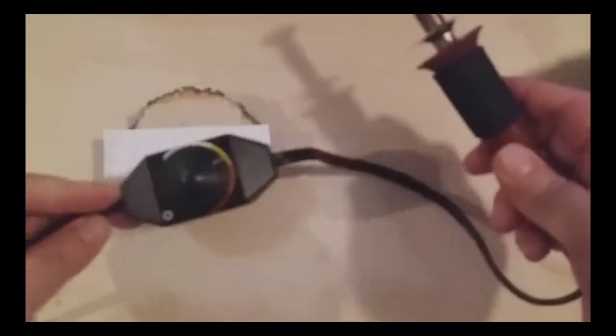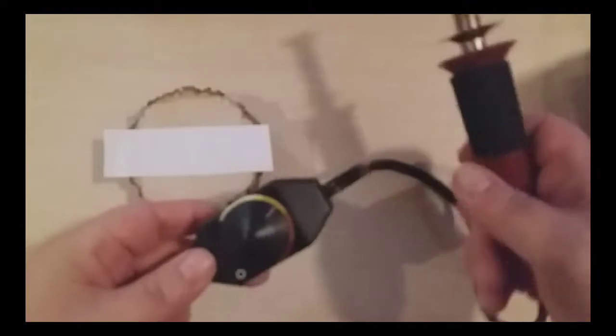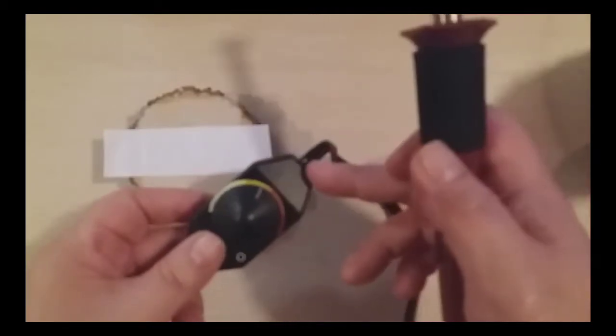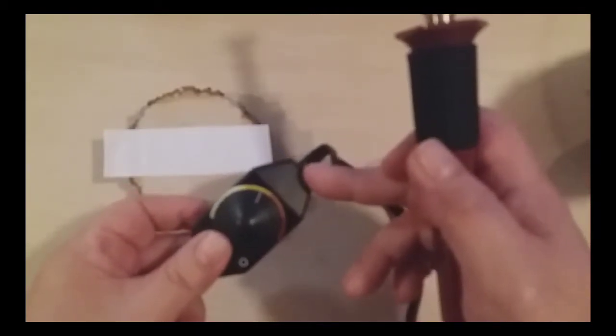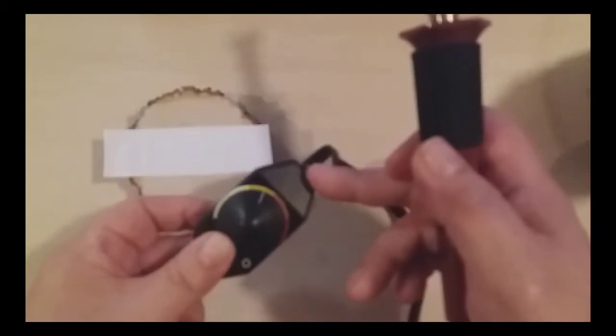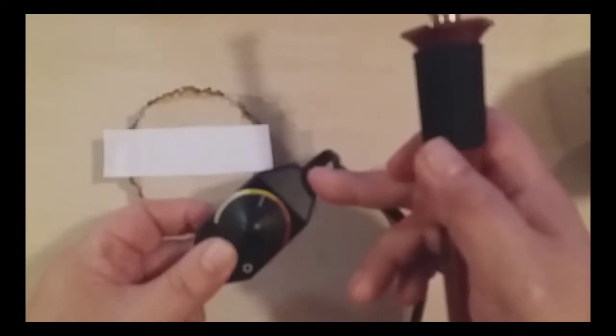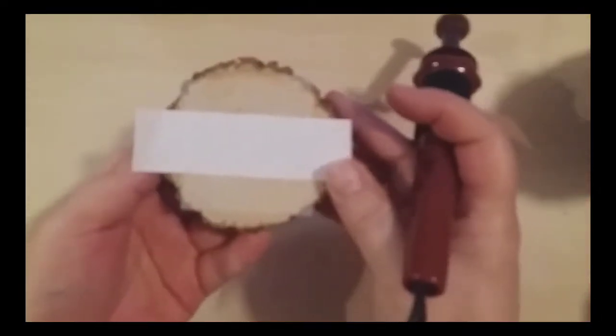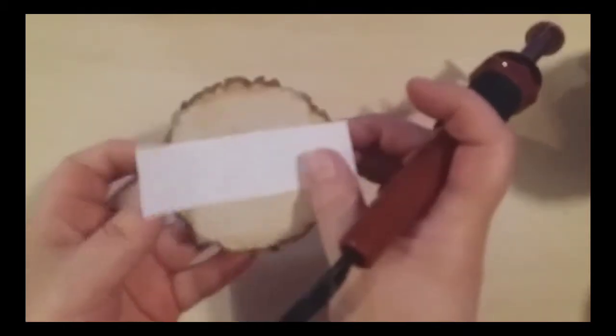This is my wood burning tool. This one has a temperature gauge on it. There is a low, medium, high, and really freaking high. I put it on medium, a little bit more towards high, but about in the middle here somewhere is where it's pretty good at. So what we're doing, and you can see barely that there is words there,